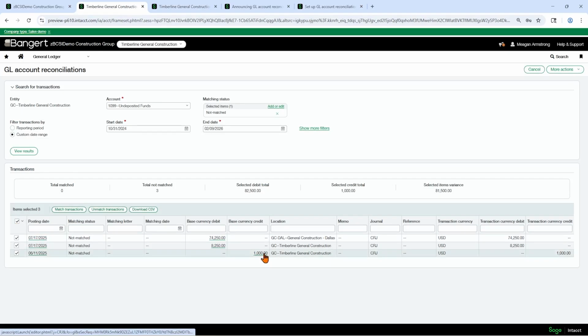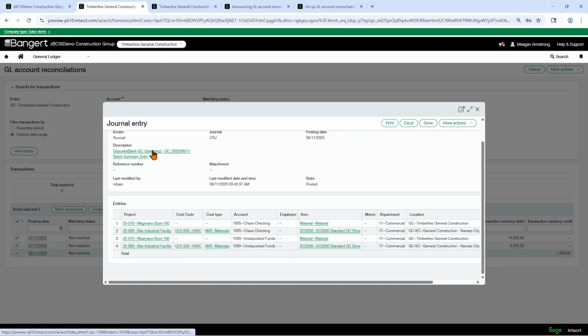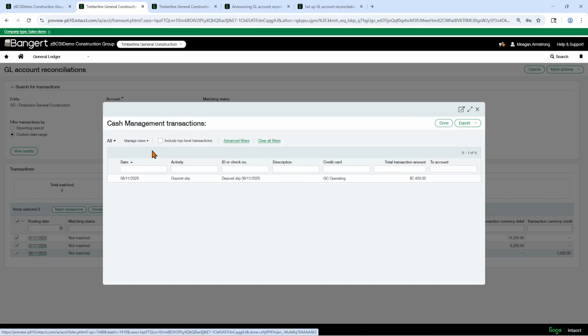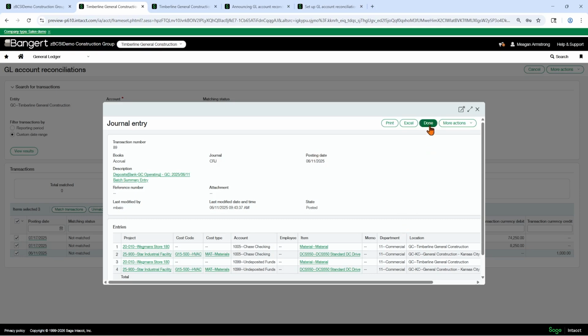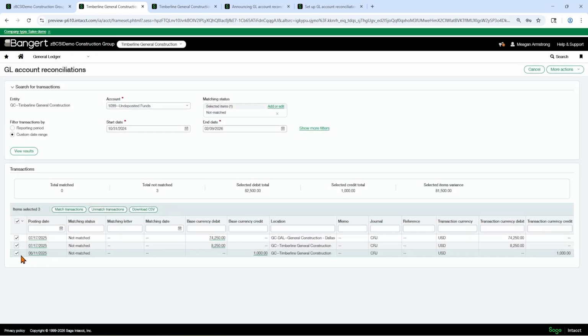Let's actually see what this was. So you can click into here. See, this is a deposit summary. Looks like it's an offset thing. So these are the things that aren't matched.